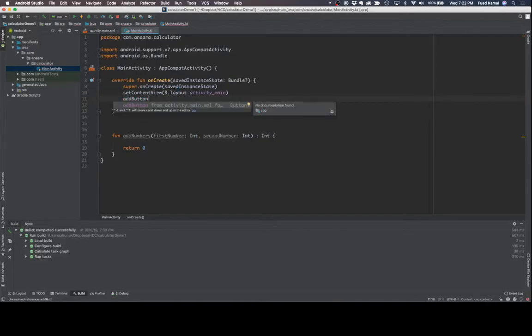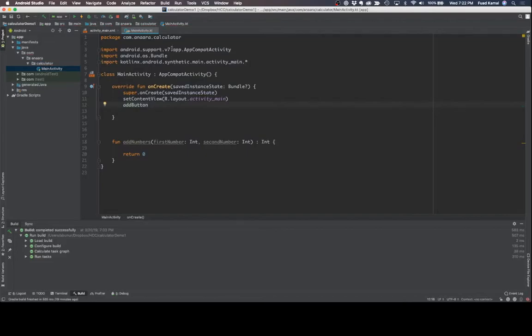Now, notice as I start typing, it says, oh, did you mean addButton from activity_main XML? Is that the button you meant? Yeah, that's what I meant. So I'm going to hit enter or return. And then it says setContentView, or it says addButton. So notice when I hit enter, it did an import for me. kotlinx.android.synthetic.main.activity_main.*